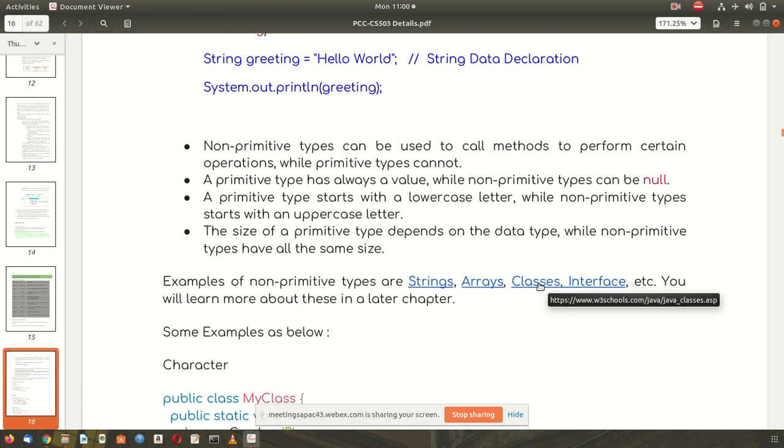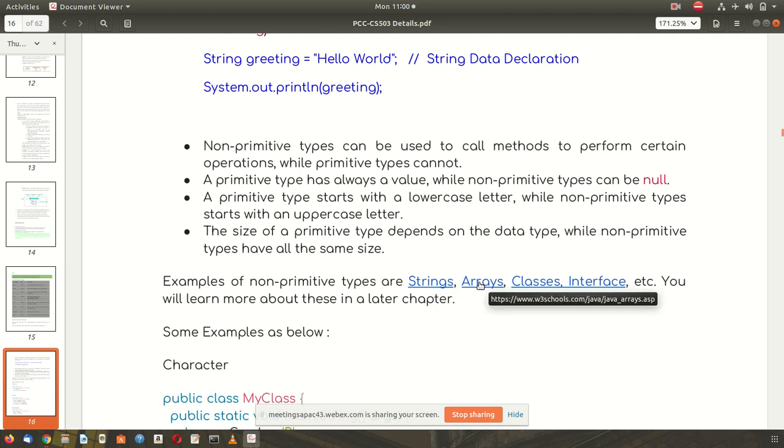A class is a user defined data type. Interface is also user defined, but string is an inbuilt data type, and it is a derived data type. String is itself a data type, whereas array is not a data type.